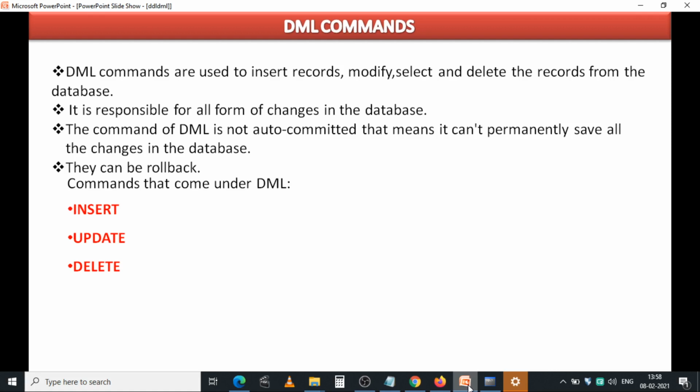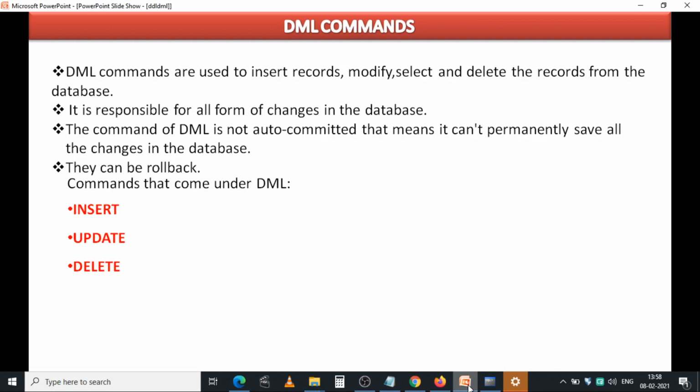To do all these operations we use DML commands. The changes you have made are not reflected in the database permanently. First of all, those changes are made in the transaction log or SQL buffer.